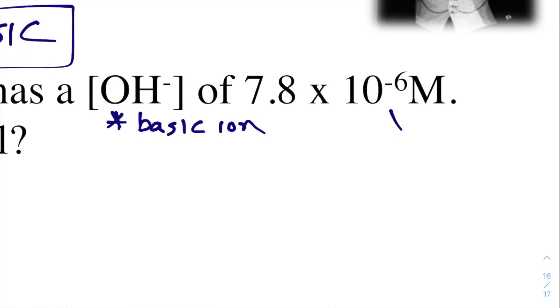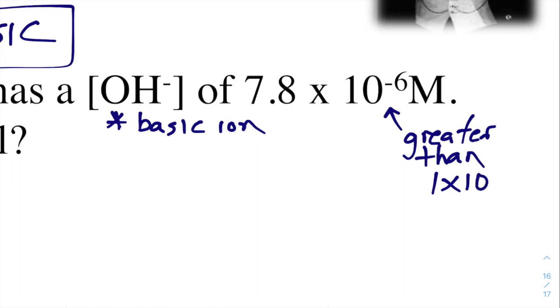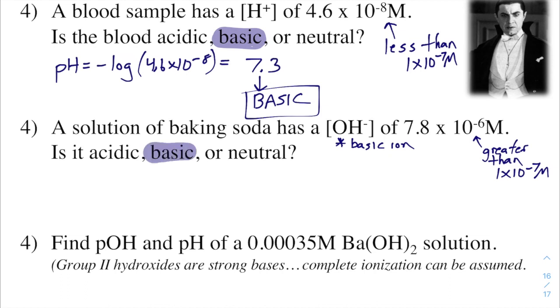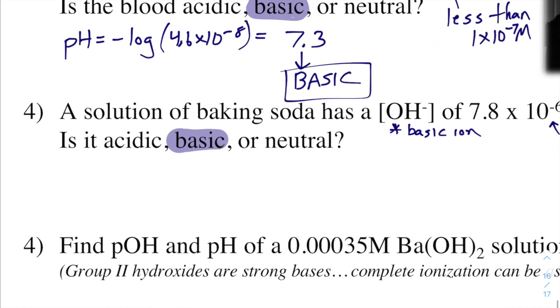Understand that that is greater than 1 times 10 to the negative 7th. So the quick way of saying whether it's acidic, basic, or neutral is, since the basic ion is in greater concentration, it should be basic. If you want to prove it, you go